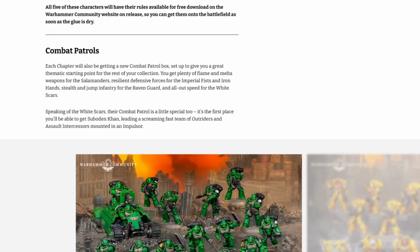All 5 of these characters will have their rules available for free download on the Warhammer Community website on release, so you can get them onto the battlefield as soon as the glue is dry. Okay, so very important, we're seeing new rules for all of them, so that means new datasheets, new points, all that good stuff. So even though some of them already have rules, we would expect them to be either